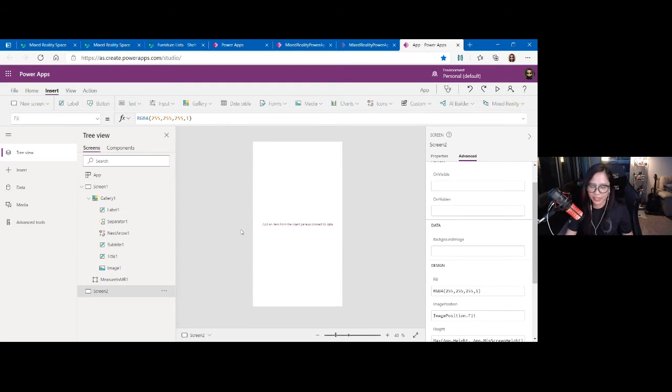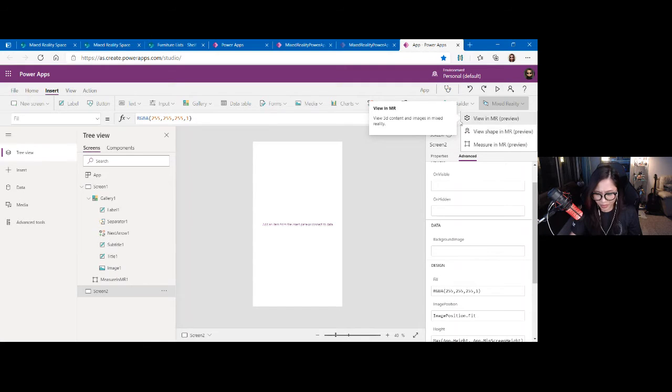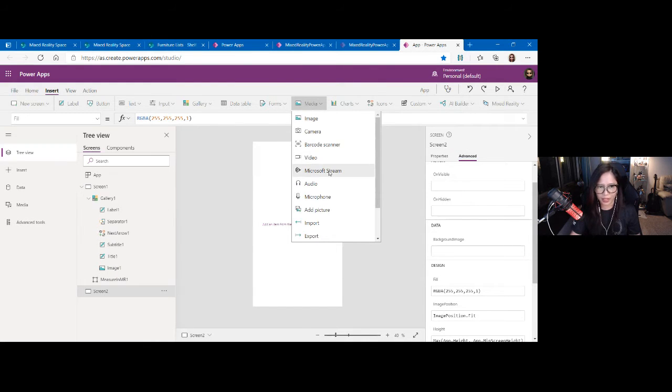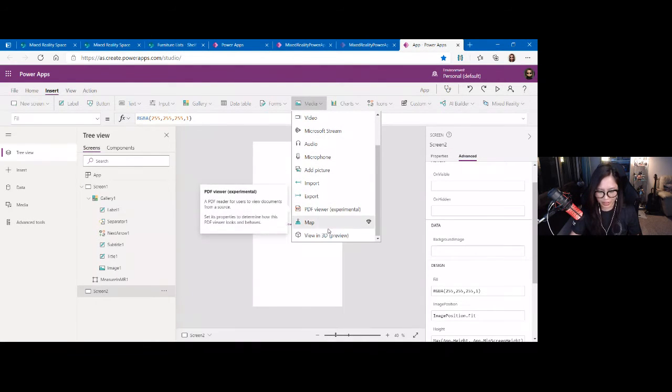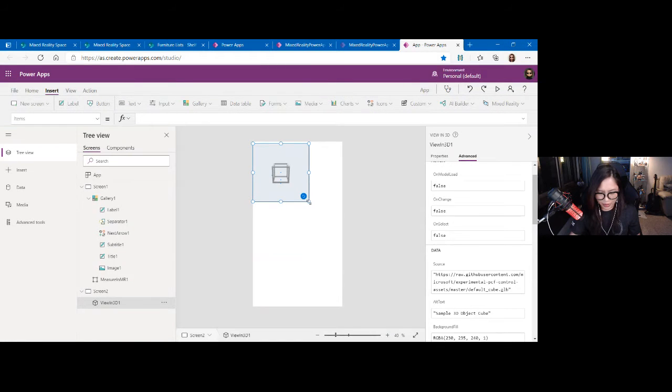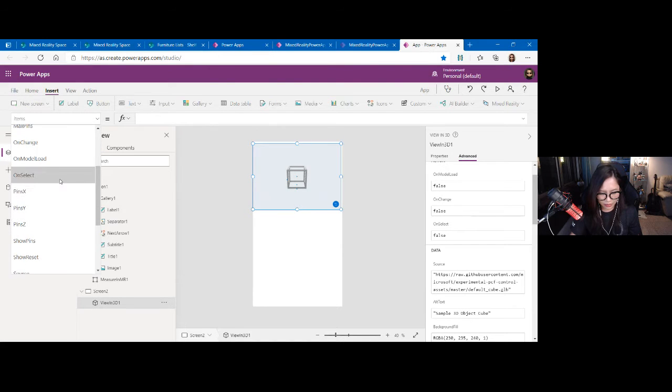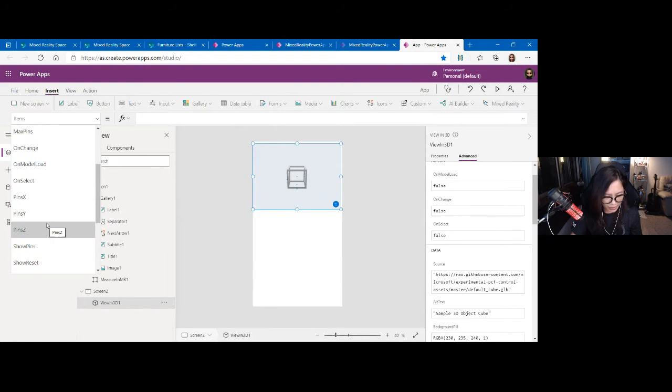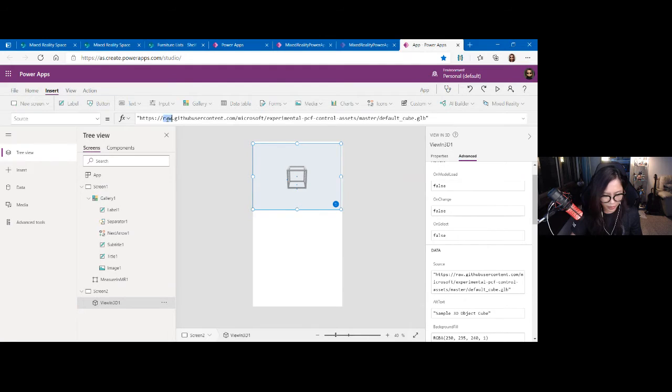And then what I have here is I'm going to insert the view in MR. I mean, no, I'm going to view the furniture in 3D. So I'm going to use the view in 3D here. And the source for this one is the attachment which I have in each of the SharePoint list items.